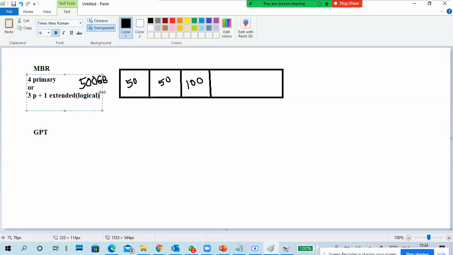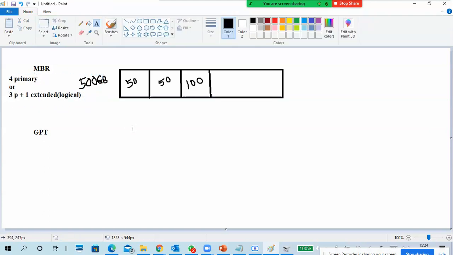Okay, I will tell what that means. I think you already completed this in Windows 10, but I'm telling anyway. So this is my first partition, second partition, third partition. I can make this one as a fourth primary partition, so totally four are completed. The fifth one we can't do. For example, I'm creating another 100 partition. See, 50 plus 50, 100, 100, 100. So totally 300 GB is taken by partitions, and the remaining is 200 GB.